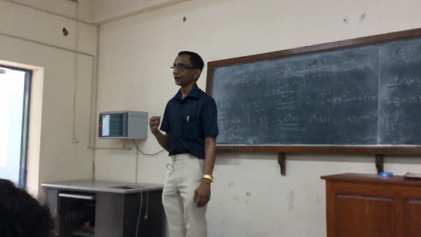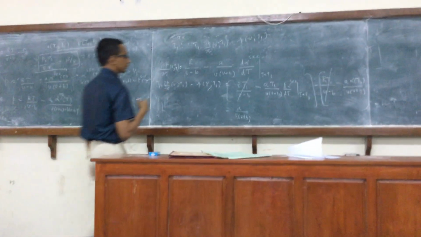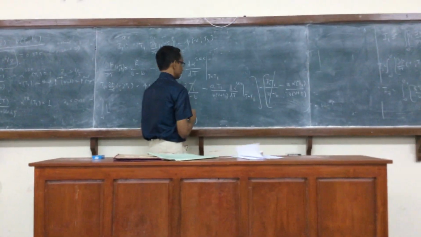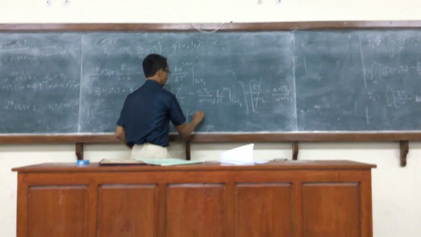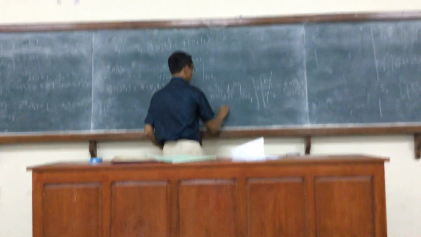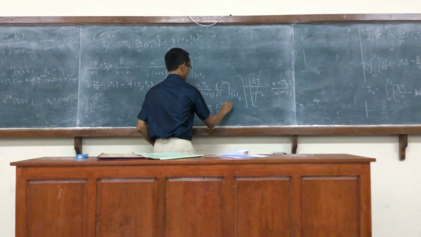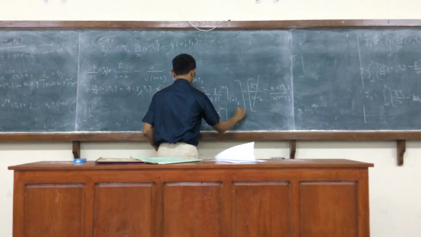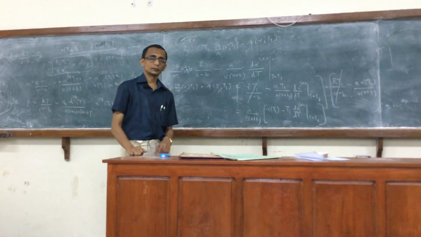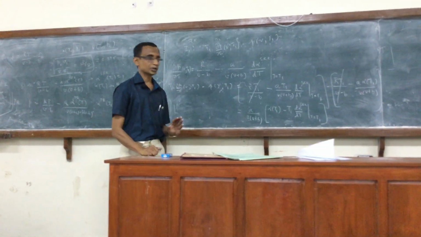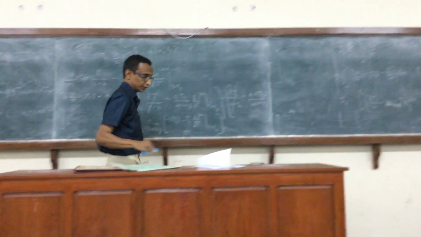thing that would have to be integrated, because I'm not going to integrate the function of temperature, whatever it is. It's evaluated at T1, times alpha of T1 minus T1 d alpha by dT evaluated at T equal to T1. That's all. So the integration would involve only this, and so if I want to calculate I1 for instance,